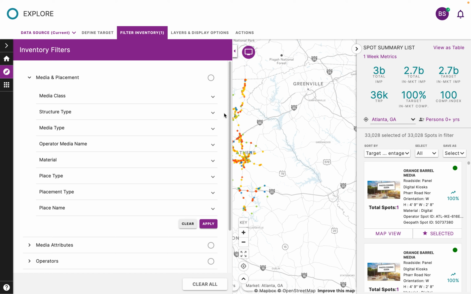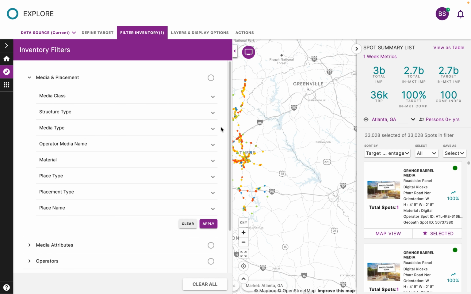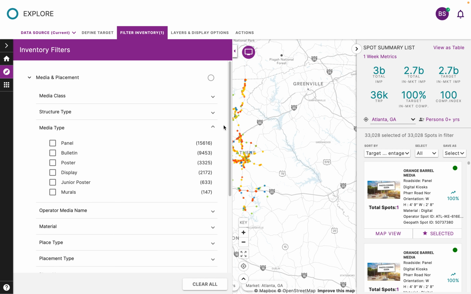The structure type filter allows you to filter based on the construction of the unit itself. This would allow you to select things like freestanding units like bulletins or posters, furniture like benches or transit shelters, and more. The media type filter is based on the size of the frame and is set around industry standard